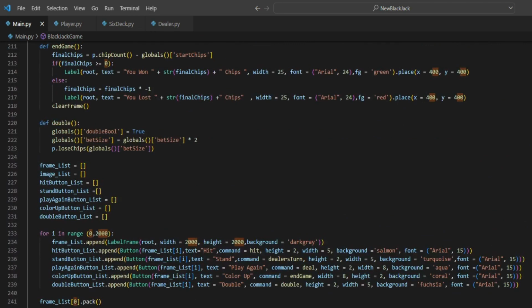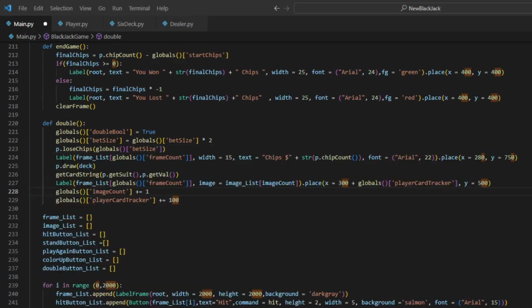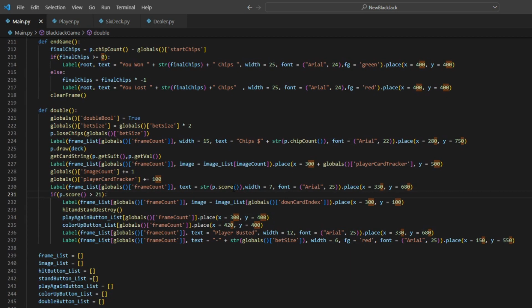Going back down to the double function, we then want to double the bet size and then have the player lose their bet size again because they just added to it. We then want to add a label to display the current chip count for the player because it went down. The player will then draw from the deck. We'll get an image, we'll display the image for that card, and then we'll increment image count in player tracker. Then we'll create a label to display the player's score, and then we'll check if the player score is over